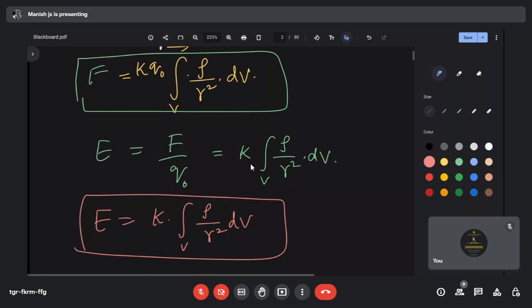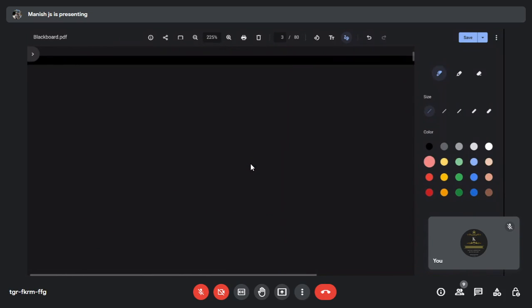Okay, this is for the three-dimensional objects we can apply. In the same way we can derive for the surface. Even also we can derive for the linear regions also. Okay, for surface charge, next we will see surface. For surface charge distributions,